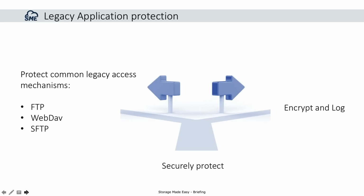Of course, everybody has the problem today with legacy applications, and there's even a section in GDPR talking about legacy. And so what the File Fabric is going to do is take some of those legacy protocols, FTP, SFTP, FTPS, WebDAV, and secure them as well. It's going to give you that same single pane of glass view into that legacy data. You're going to be able to securely protect it, encrypt it, log it, and I'm sure a few people are